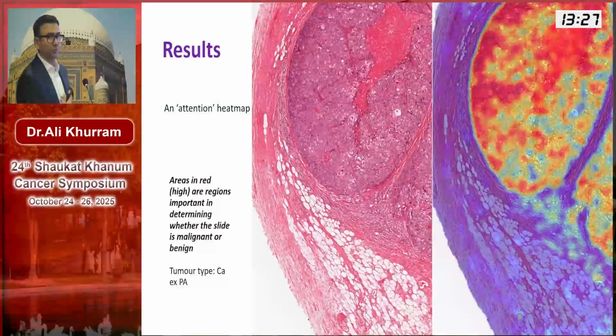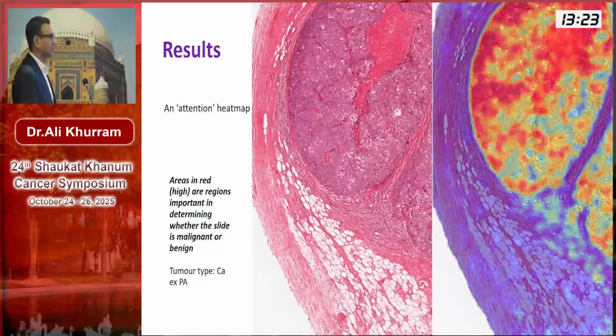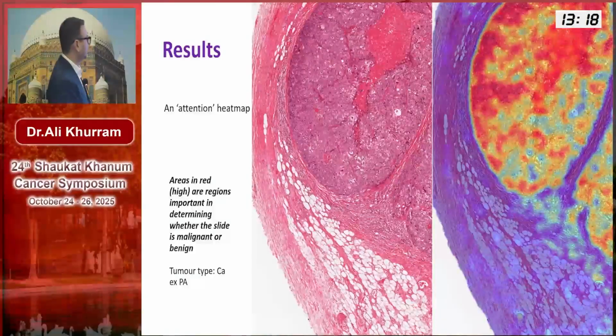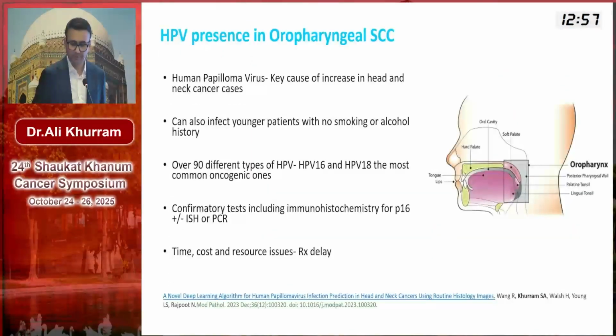Here's an example. These days with AI, you want some explainability as well. So the areas that it's looking at, are they actually relevant areas, and what's actually contributing to the decision? Here is an example of a carcinoma ex pleomorphic adenoma. You can see the model is picking up where the tumor is, and the red areas are the ones that are contributing to the model's decision of whether it's malignant or not. And you can see it's all in the relevant or tumor areas, and it's not picking any red or hotspot areas in the non-relevant tissue areas.